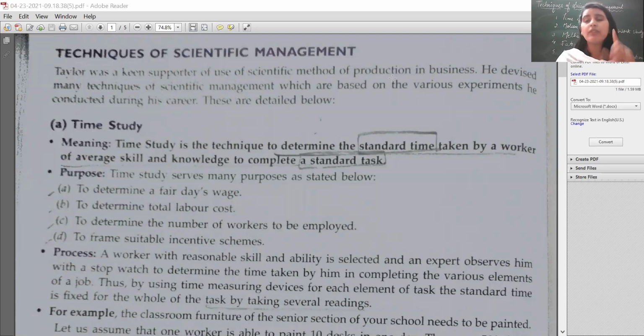Scientifically we will study. For example, have you ever wondered why we have a 40 minutes period and not one full day for accounts, and a second full day for business studies? Have you ever imagined like this? The reason being that there is a particular amount of time which you can give to one particular subject, for which you will remain efficient and you will be able to understand. So 40 minutes per day per subject is given to you, and likewise CBSE has divided your whole syllabus for the whole year in the form of periods.